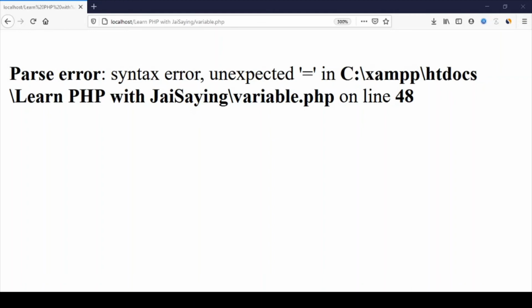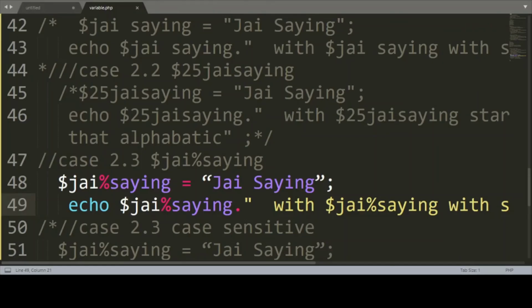Now I am going to execute. Okay, now I am going to execute the case sensitive case also. You can check here, no problem. The percentage is giving the error, and you cannot write like this.